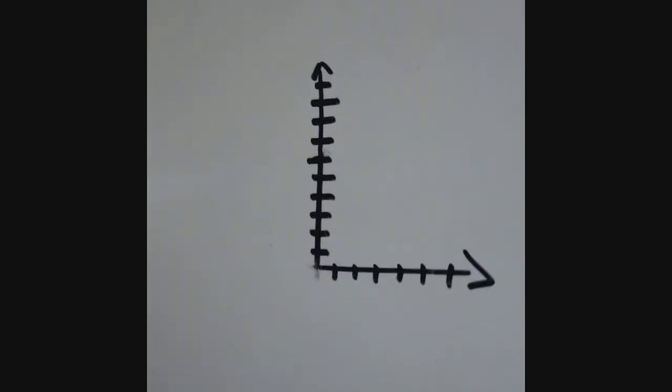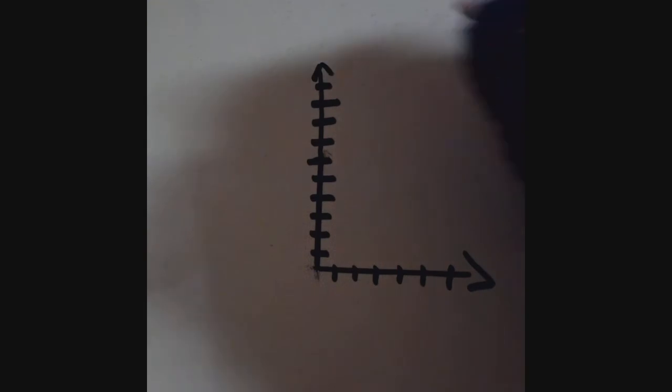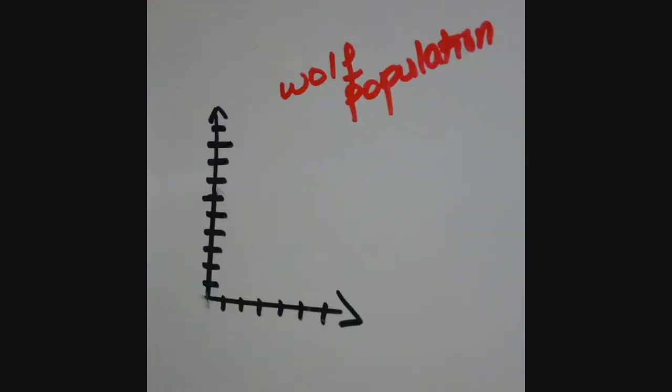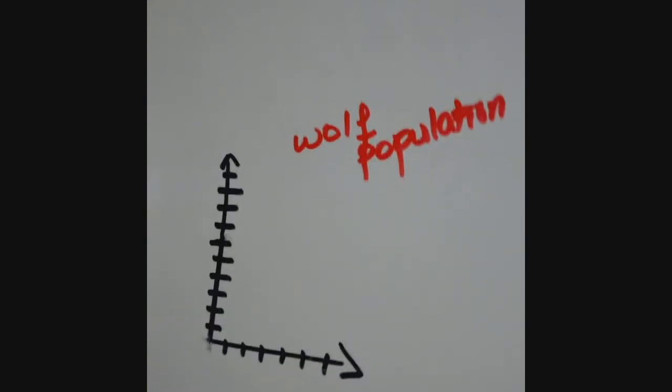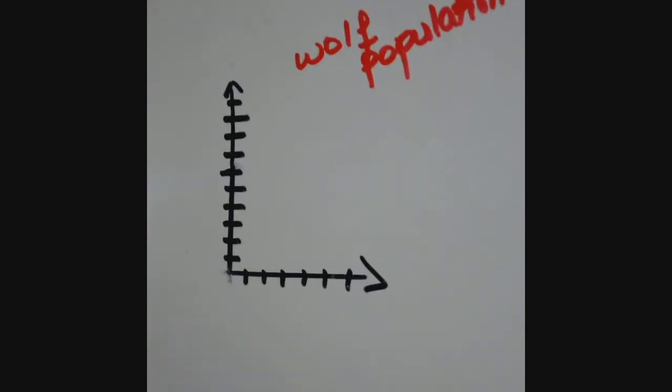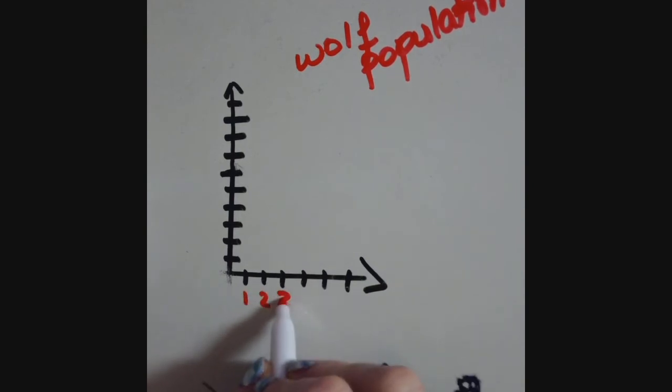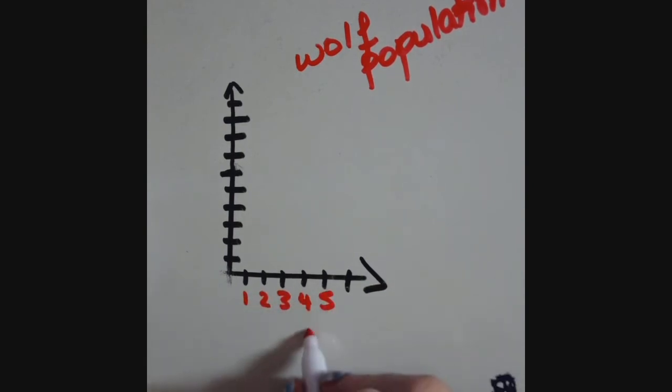So of course we have to label this wolf population. I'm just putting it up here. We have so much room. Let me put the title. Sorry, it's off a little bit. The wolf population. The second thing I'm going to do is, this is going to be 1, 2, 3, 4, 5 years